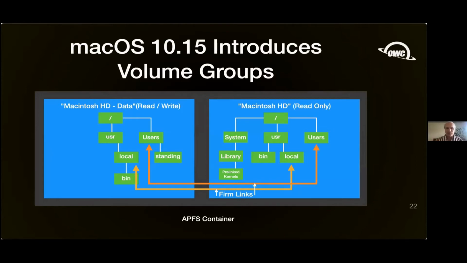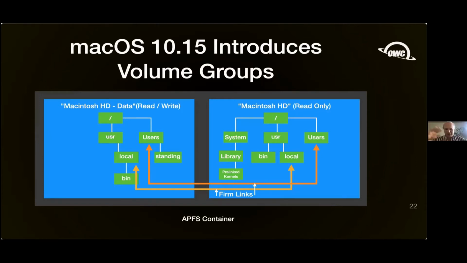iOS has a really good reputation for being secure from malware. We want to do the same for macOS. The problem is you can't really go around locking files, because someone with root privileges can then go around unlocking files and messing with them, right? So they came up with this cool idea called firm links, and the idea of having two volumes that